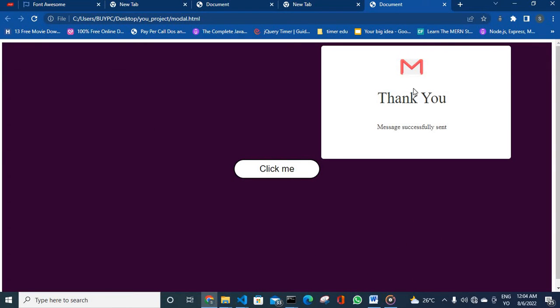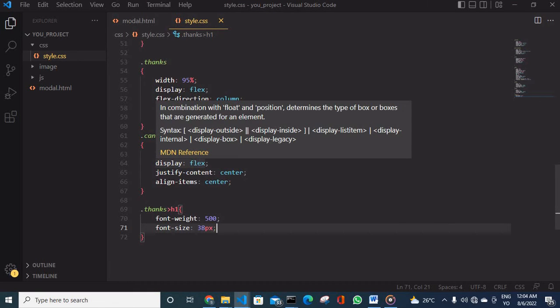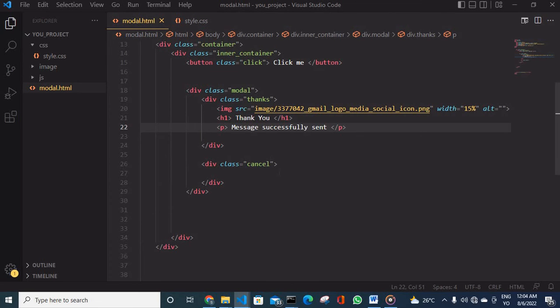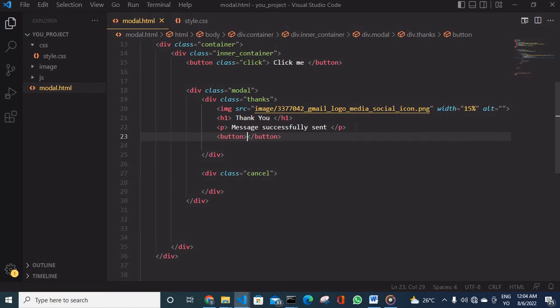Okay, and yes, we also need this message to go up a little bit. But before we do that, let's add a button to it. So down here, I'm going to be adding a button, and then we're going to say okay,